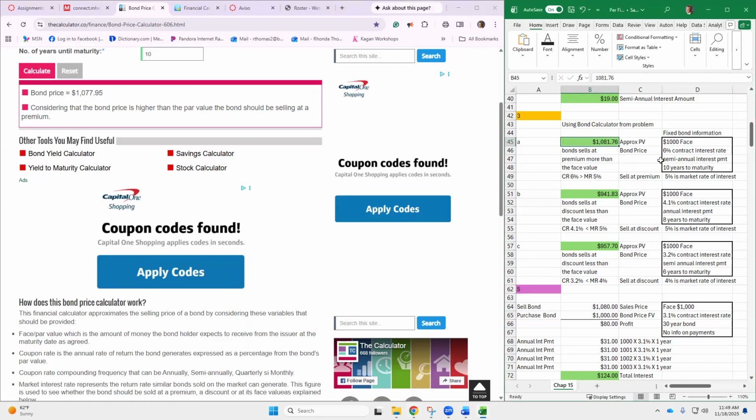So in green, I'm just simply going to fill in from the calculator what it says. And we knew it was going to sell at a premium. We knew it was going to be more than its face. So at least that's reassuring that we got the right answer. Now I'm going to go out here and calculate all these and then put them in. All right. So the next one then is,